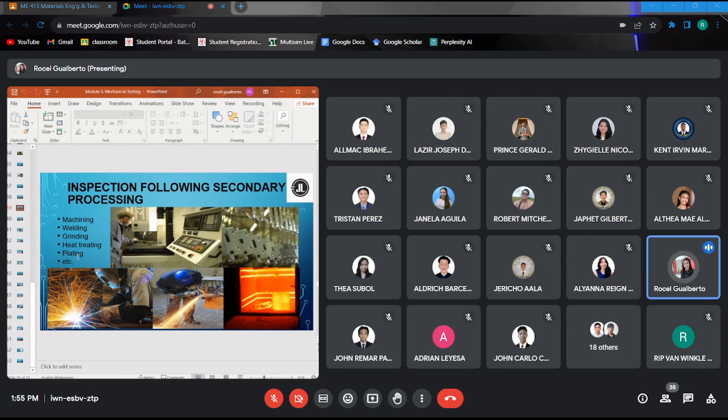So, ibig sabihin po, after po natin na mabuo yung component using, for example, the casting or the extrusion, ang gagawin po natin, again, we will be subjecting this to secondary processes. Halimbawa, nung inalis natin doon sa mold yung component, makikita mo sa mga tabi parang may mga flashes, okay? So, may mga labis-labis na parts, okay? So, ang gagawin po natin, these flashes, pwede po yan na